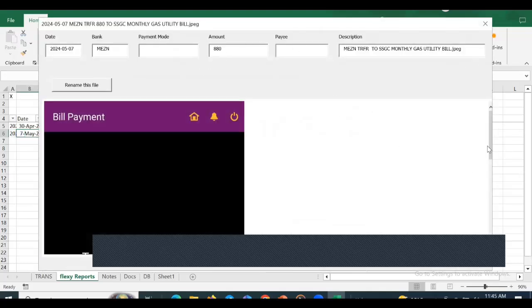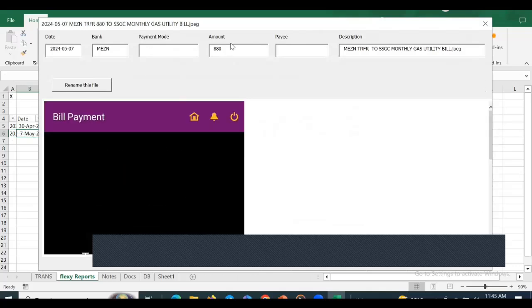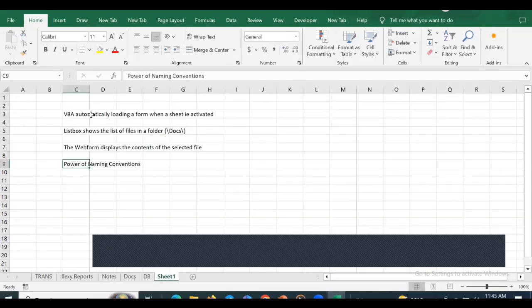Each line has documentary support. When you put an X on A1 and click on the page itself, it displays the document support. So this is the power of the naming convention.